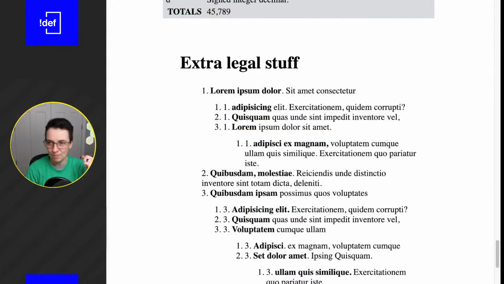Oh, wait, maybe I'm just, yeah, because I feel like that's wrong. I'm pretty sure it should be 1.1 and then 1.2, because it's saying the first one should be referencing the parent's counter. So